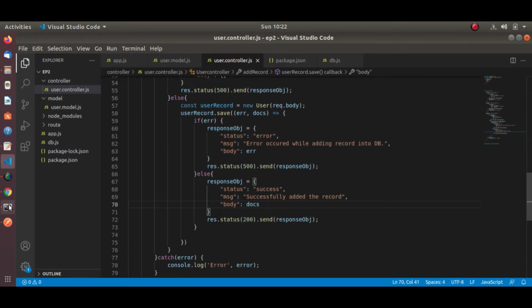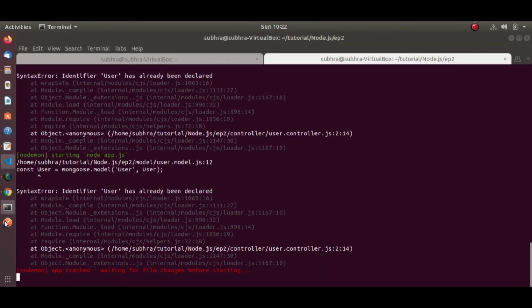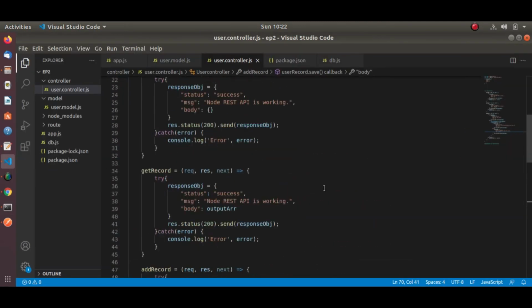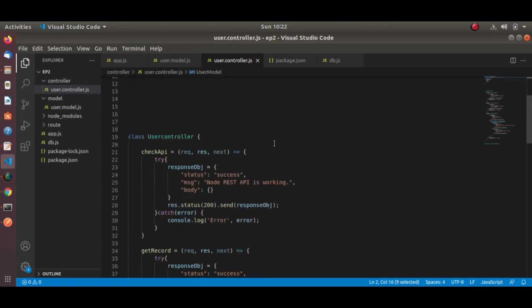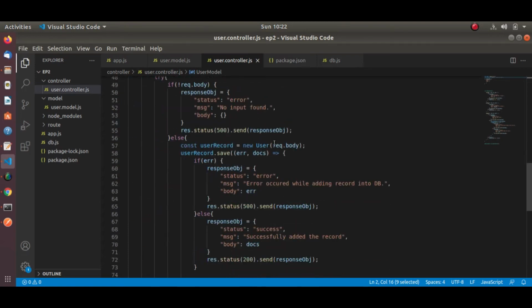Let me first check the terminal. Is there any MongoDB error or not? Let me open my terminal. Yes, there is some error. Let me clear it. Syntax error, identifier user has already been declared. Okay, so we'll change this one. Let me change it to user model.